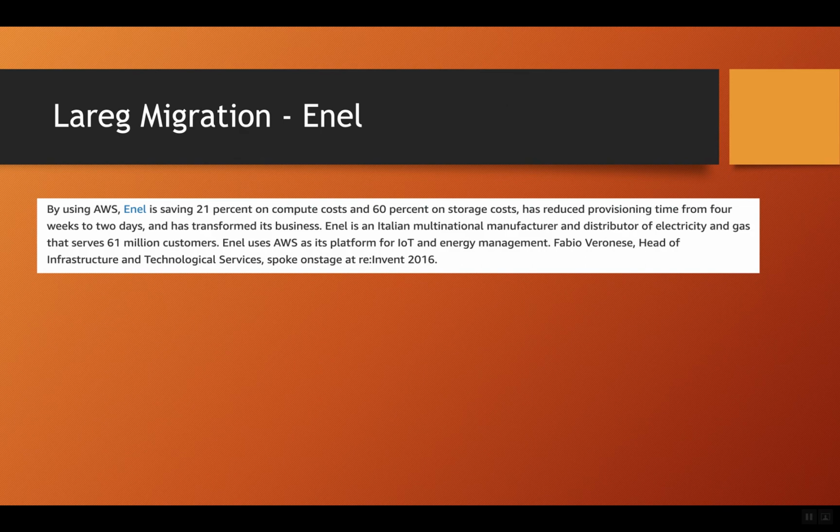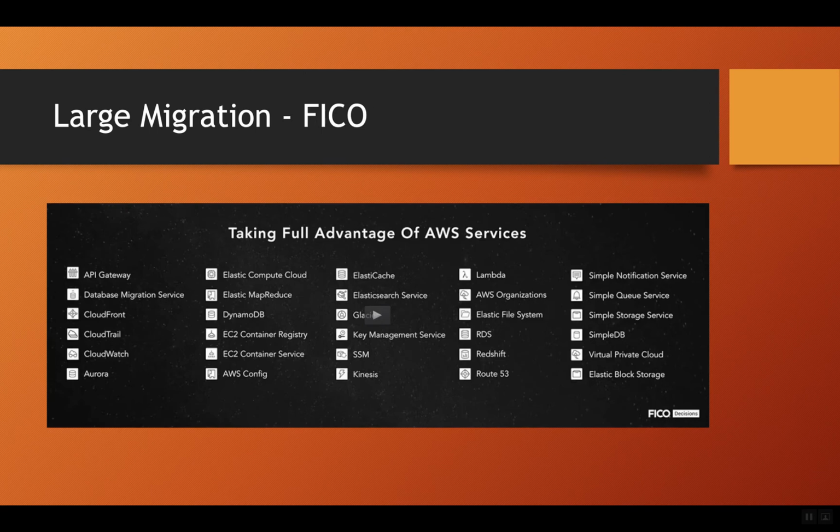Enel is an Italian multinational manufacturer and distributor of electricity and gas, and it uses AWS IoT and energy management software. FICO is another one. FICO, apart from credit scoring, has other analytics services in the market, which are used by many financial credit agencies. In order to take full advantage of AWS, FICO uses API Gateway, Database Migration Service, CloudFront, CloudTrail, CloudWatch, Aurora, Elastic Compute Cloud, Elastic MapReduce, DynamoDB, EC2 Container Registry, EC2 Container Service, AWS Config, ElastiCache, Elasticsearch Service,